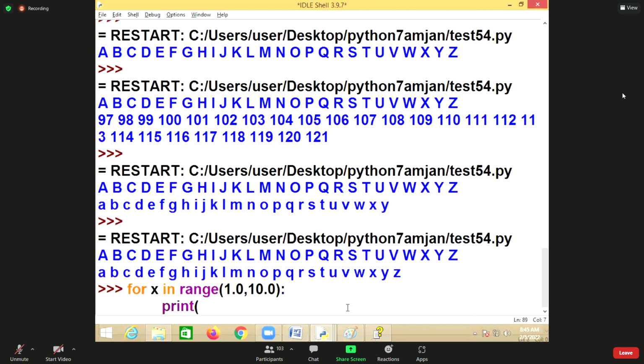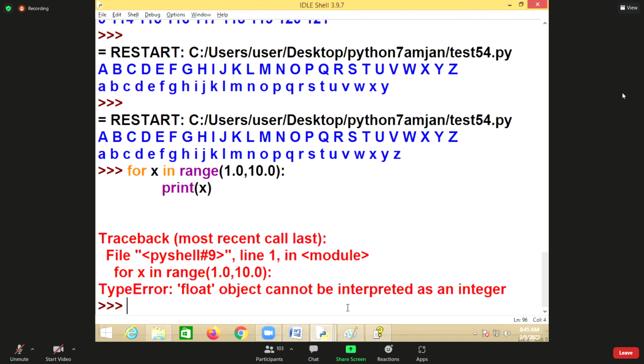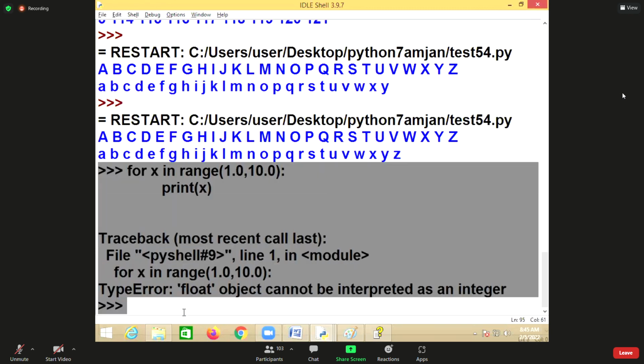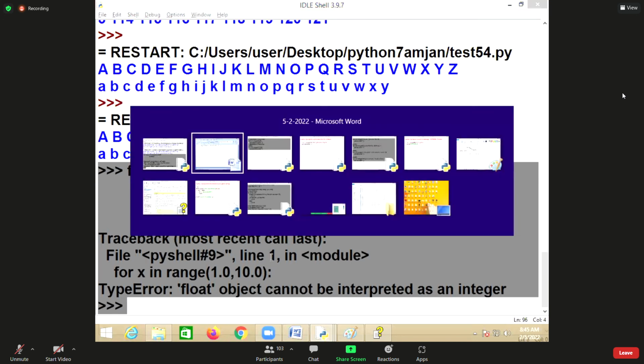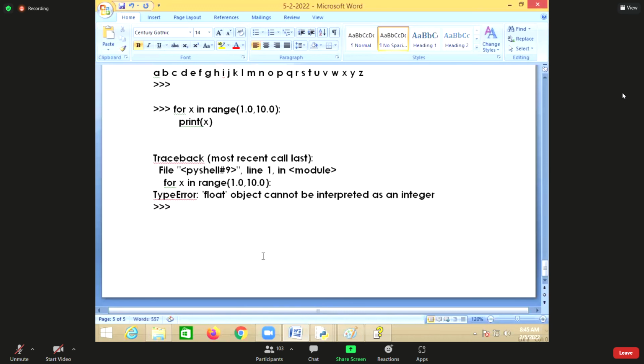So immediately it gives an error: float object cannot be interpreted as an integer. Because I can use this only for generating a sequence of integers, but I cannot use it for generating a sequence of floats.